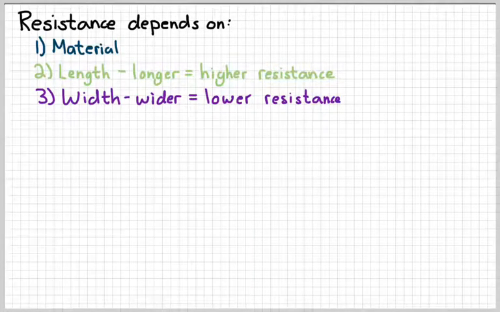Drawing this back to fluids and water moving through pipes, think about trying to drink a milkshake through a straw. The wider the straw is, the easier it is to drink the milkshake. The longer the straw is, the harder it is to drink the milkshake. Imagine trying to drink a milkshake through a garden hose. Garden hose is really, really long. It will be very difficult to drink a milkshake. Very, very similar with resistors. Longer resistors, it's harder to make charges move through them, whereas narrow resistors are also hard to make charges move